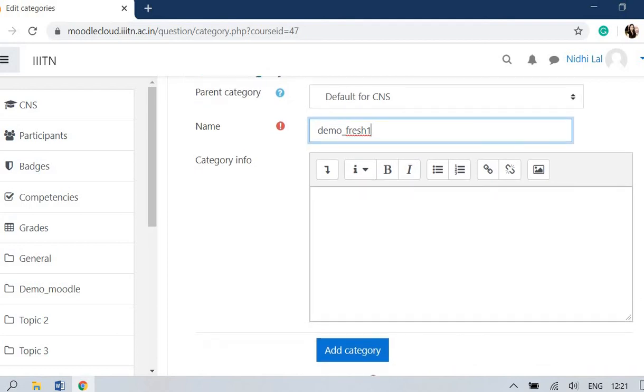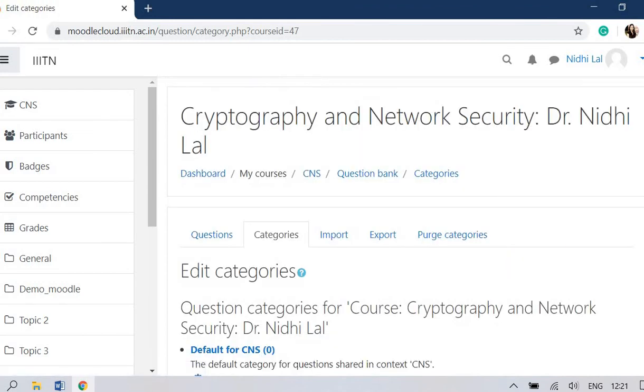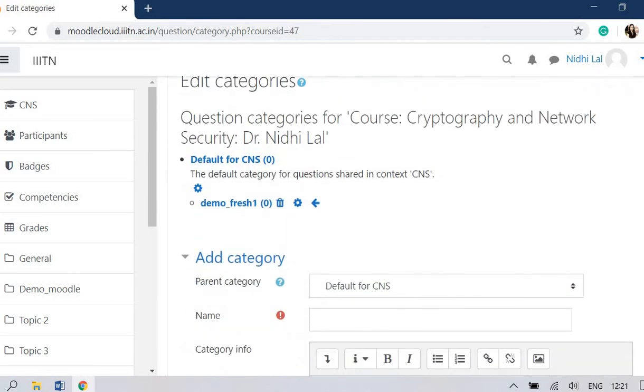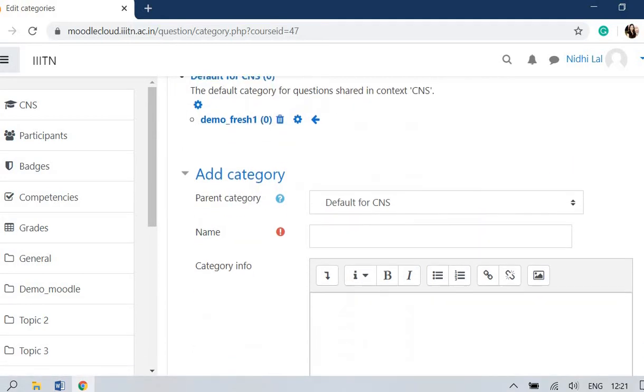You can choose any name, but for better understanding I am using the same name. If you want to put some information you can, otherwise not needed. So add category. You can see my first category demo fresh 1 is created, but there are no questions here because I am not importing any file currently.